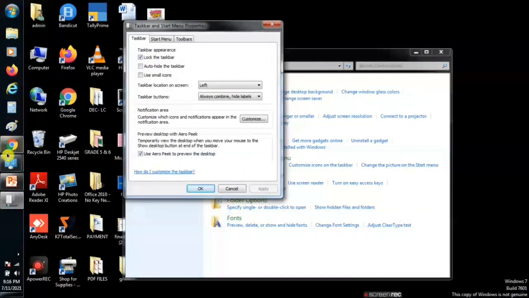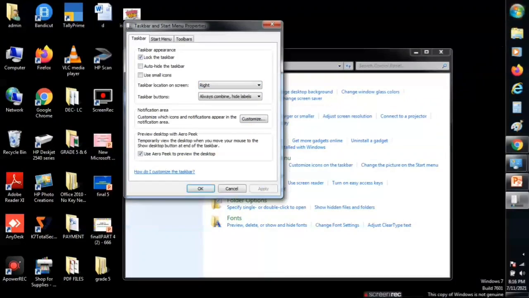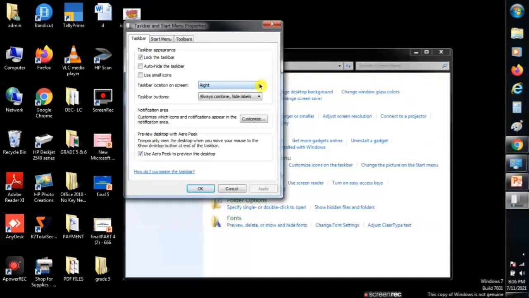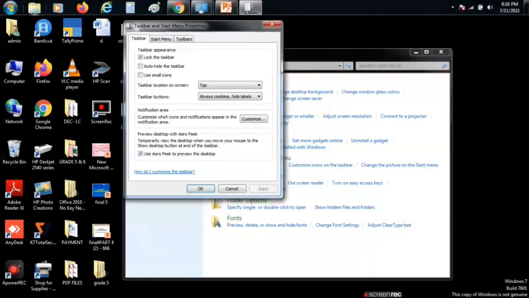Now see, my taskbar is on the left hand side. Did you see? Okay, the same lock the taskbar, I say right side, then say apply. Did you see? My taskbar is on the right hand side. Now the same, I will say top of the page and apply.